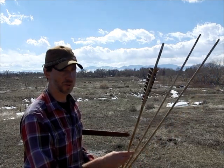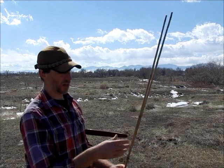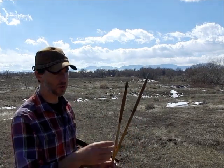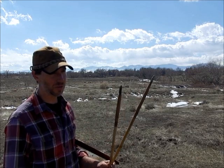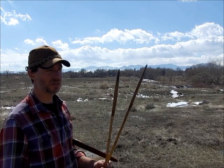I've got some new river cane darts that are modeled after one that works really well for me. These are made of river cane. They've got black locust foreshafts split out from black locust hardwood. This is resilient, very tough wood, resists rotting, and I'm not trying to be primitive, so I've got steel field